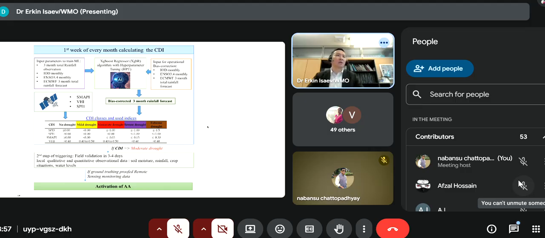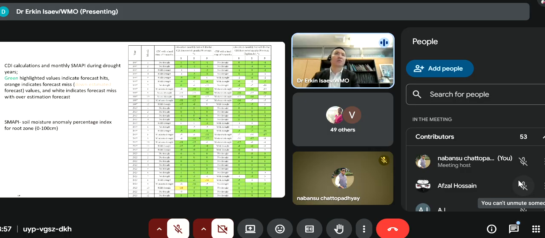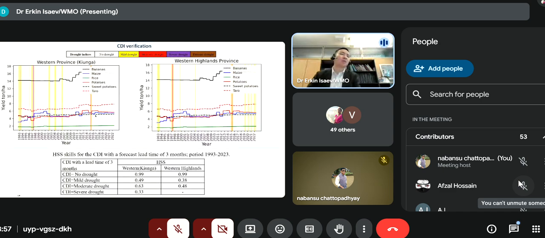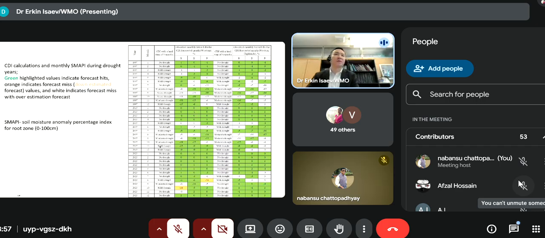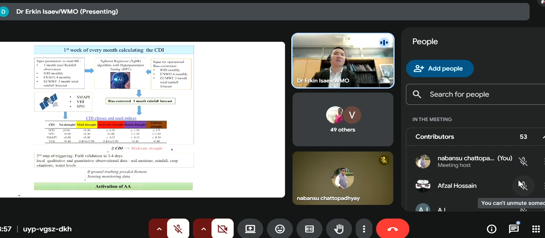And the next step: if it's moderate drought, based on the threshold, based on the soil moisture and based on the loss and damage from the yield productivity, and also with the consultation of the Ministry of Agriculture, they said this is the threshold for activation of anticipatory action, and we set the threshold at moderate drought. And first, the assets don't have very good coverage in terms of in situ observation of rainfall, it's basically derived from remote sensing,